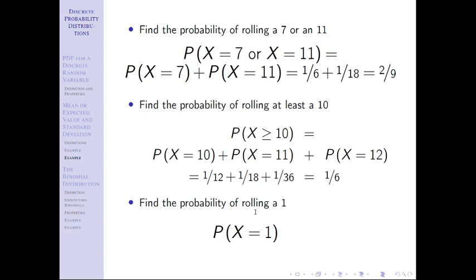And you might look at your table and say, well, I don't have a one there. And that's kind of the point. Anything that's not possible, remember, it's probability, it's always equal to 0. I could also write this as f of 1 equals 0, because probability x equals 1 and f of 1 are synonymous statements.